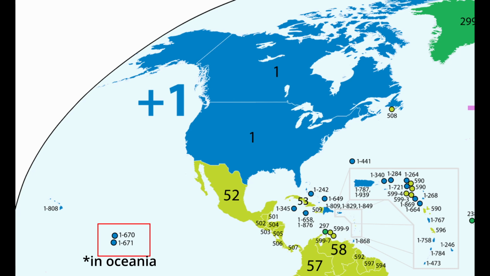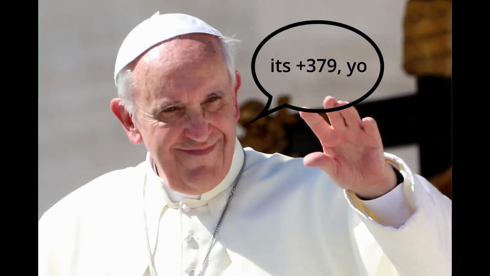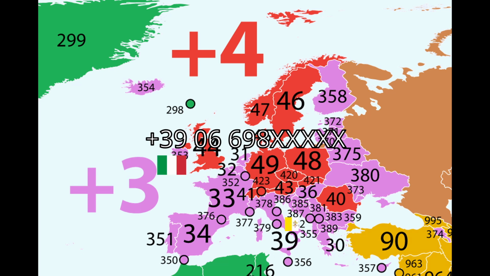There was an extensive list of region codes compiled on Wikipedia a while ago, which will be linked below, along with a deeper explanation of the system by Tom Scott. There is also a number of assigned but unused codes, most notably the Vatican City. The Holy International Calling Code just so happens to be +379, although it seems Jesus prefers Italy's system, with the Vatican opting for +3 06 698 XXXXX, +39 being Italy, 06 being the area code for Rome, and 698 for